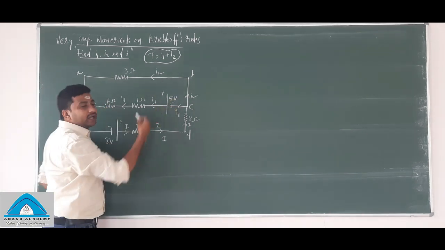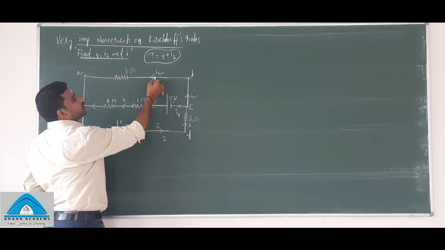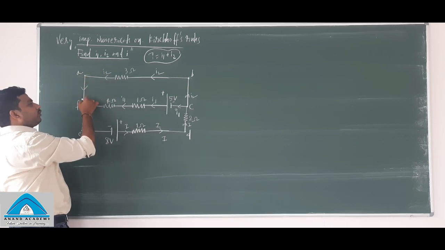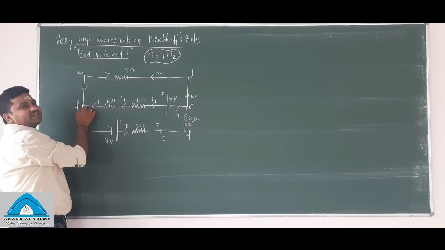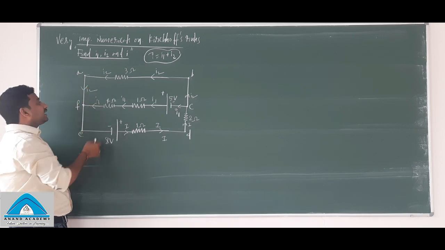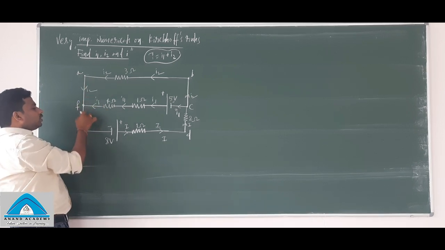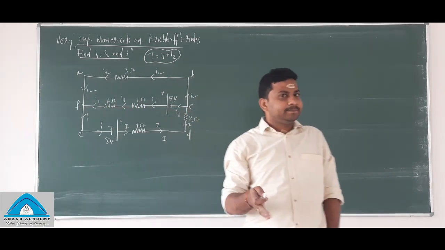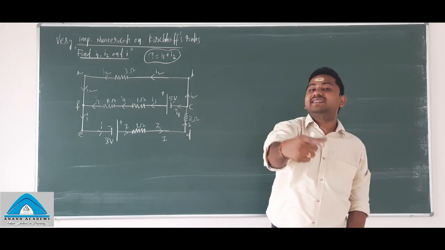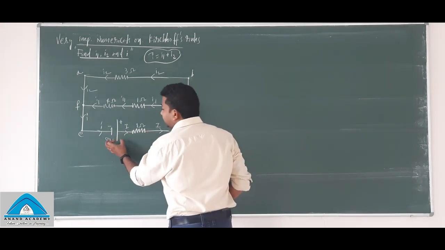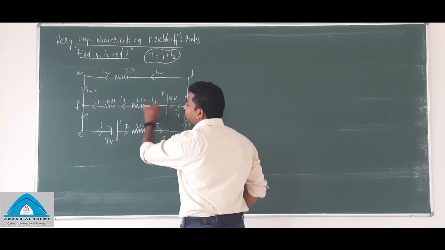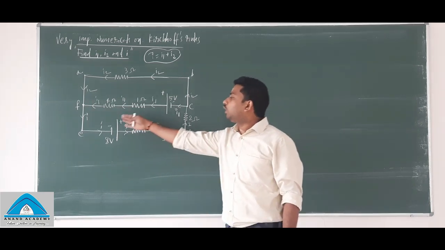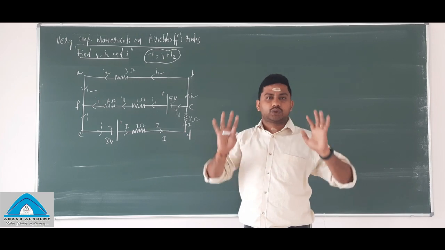Now concentrate on I2. I2 is the current flowing here. See, I2 is the current flowing through the 3 ohm resistor and I2 is the current flowing here. So I1 will be reaching this junction, and I2 will be reaching this junction here. I1 plus I2 gives you I. See here, irrespective of the number of resistors connected, irrespective of the number of cells connected, the amount of current that started from the positive terminal, the same amount of current must reach the negative terminal back. That's the concept of the cell or the battery in the circuit.